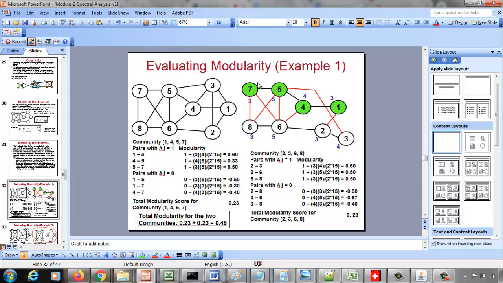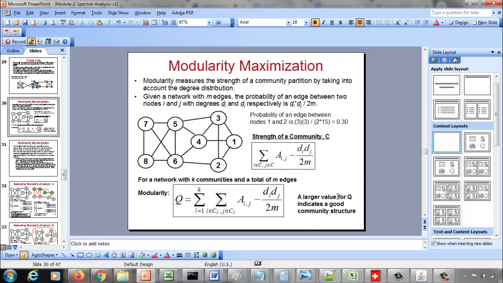So these 4 people have only these 3 edges among them, and these 4 people also have just these 3 edges among them. Whereas there are more edges between people in these 2 communities, the red colored edges. So it really doesn't fit within this